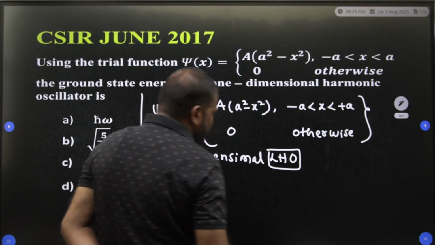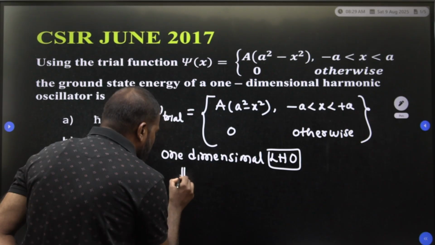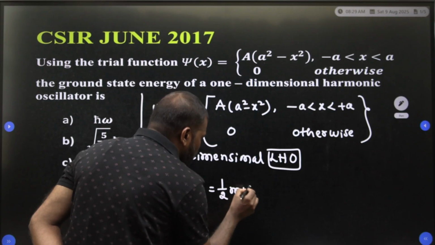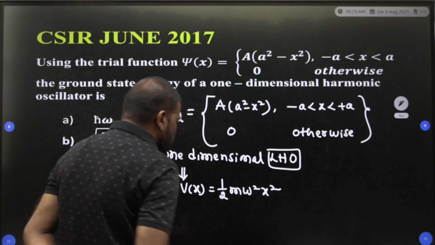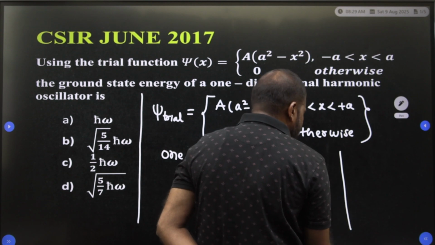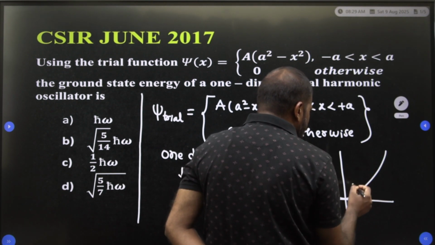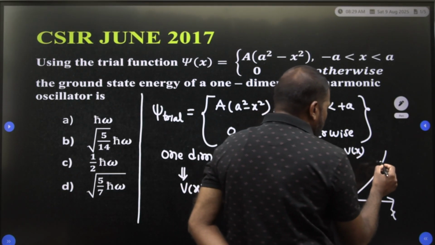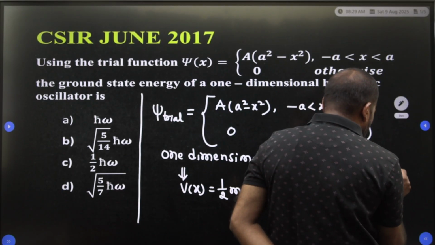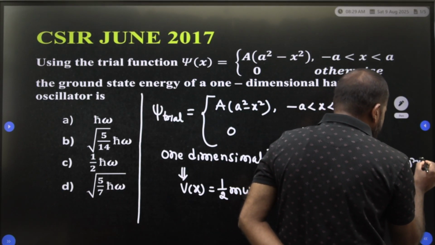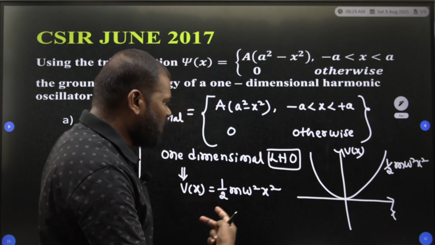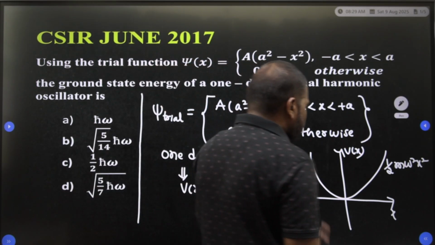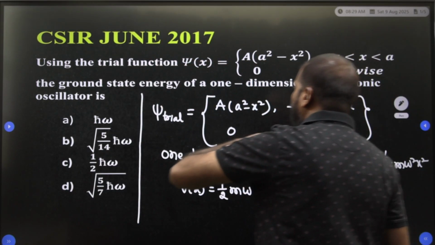For the one dimensional linear harmonic oscillator, the potential energy, you know, V of x is equal to 1 by 2 m omega square x square. This is the potential energy. The waveform is oscillating like this in a parabolic shape. This is 1 by 2 m omega square x square, a linear harmonic oscillator. Now, we need to find the ground state energy